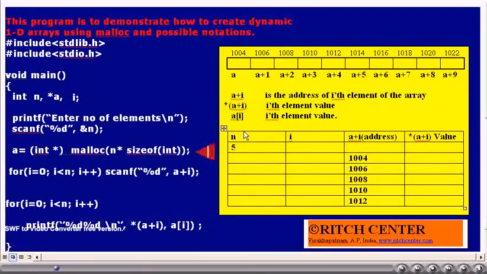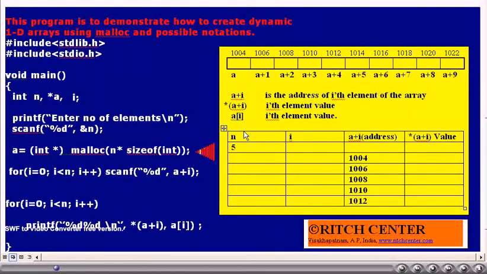That is, he wants an integer array to be having 10 elements. How much memory is required for a 10 element integer array? 10 into sizeof(int). So that is calculated. That number is sent to the function malloc.